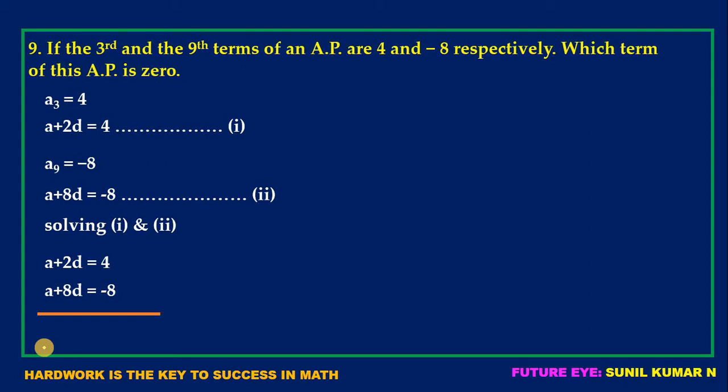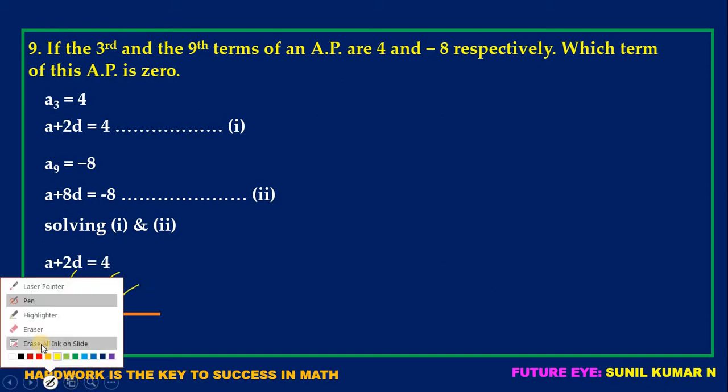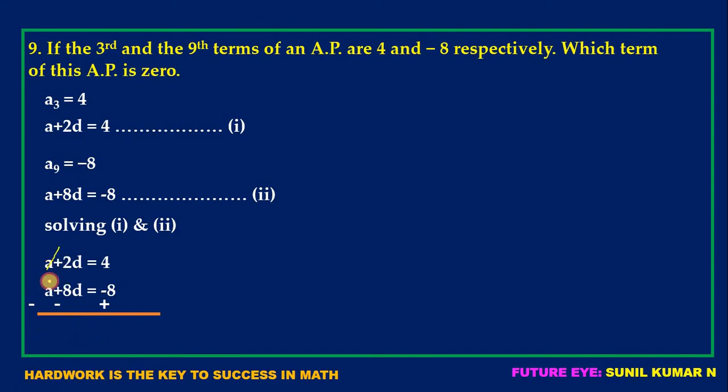Whenever we are subtracting the equations, we have to change the signs. Let me do that. See, I have taken minus, and here there is a plus, I have taken minus, and here there is a minus, I have taken plus. Now let us simplify those, children. Here plus a and minus a get cancelled out, and here there is 2d, and here there is minus 8d. As you subtract, we get minus 6d here, and here there is plus 4, and here there is plus 8. Now add these two and we get plus 12.